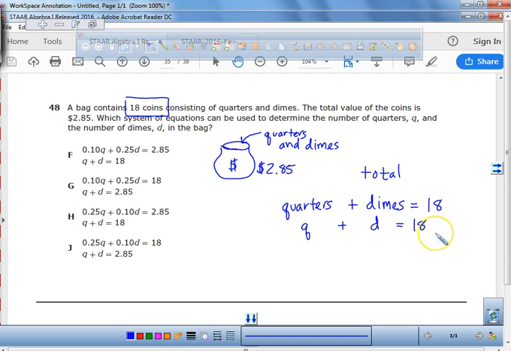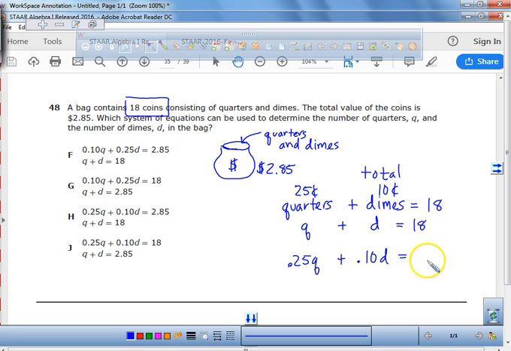Now, if we only knew the amount of cents that went with a quarter. 25, that's right. So we have 25 cents. Now, how do I write 25 cents? I'm just going to put 10 cents because I'm not going to insult your intelligence. How do I write that as a decimal? That's right. So 0.25 times the amount of quarters plus 0.10 times the amount of dimes equals, if we only